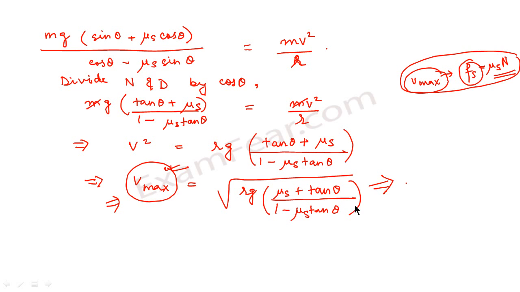Now we will go ahead and have a comparison between the two cases. If you compare this value with the previous value, you will find that the velocity is greater for banked roads than level roads. That is why in many of the hilly areas, the roads are constructed slightly banked, so that the velocities of the cars while taking the turn is more. So we find that the value of Vmax in case of banked roads is greater than the value of Vmax in case of level roads.